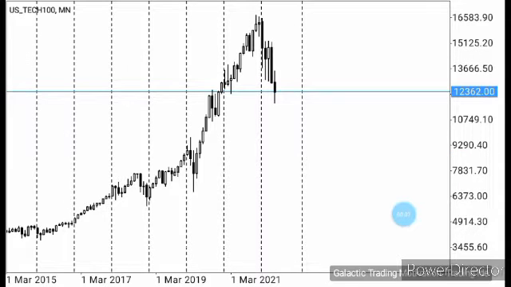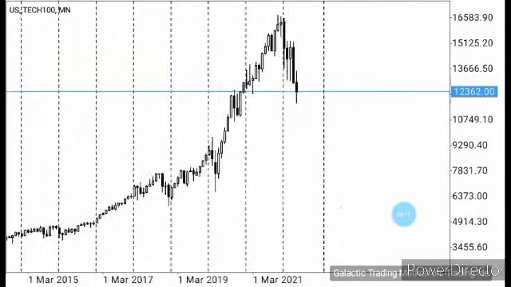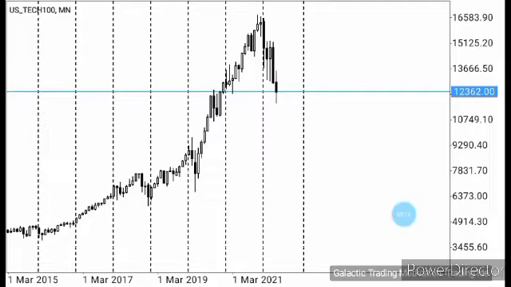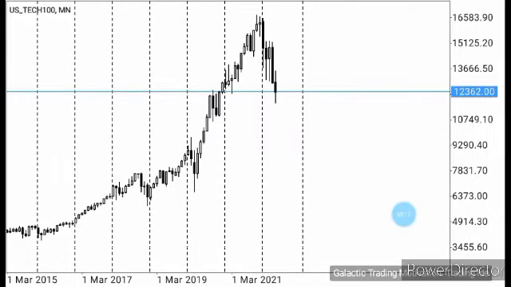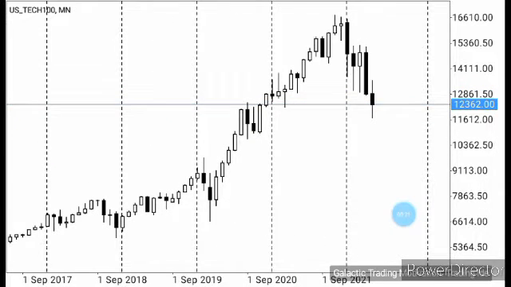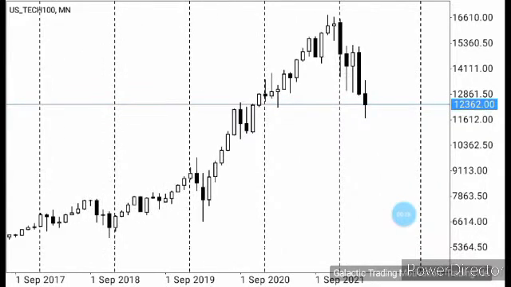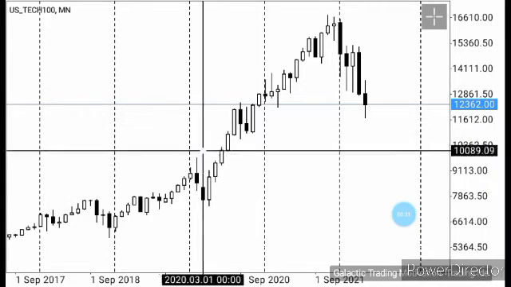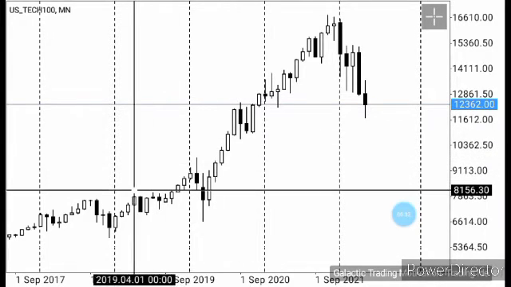So let us quickly have a look at the NASDAQ chart. So let's start. I've got the monthly chart for NASDAQ open. We now need to ask ourselves what it is that we see that is interesting on this particular monthly chart. From my side, the first thing that I can see is that we had